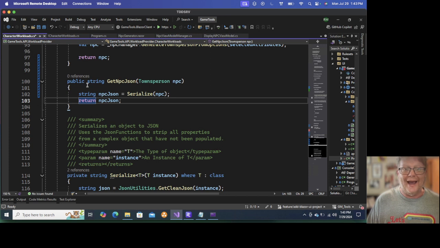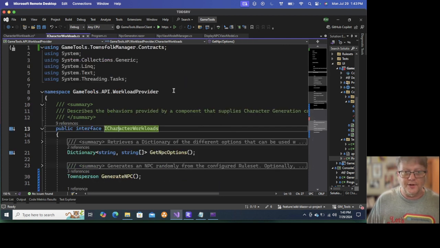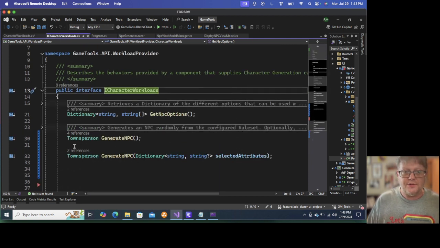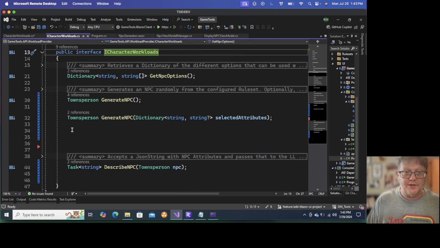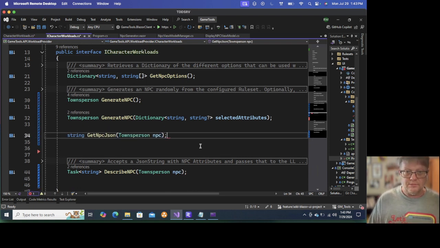And I do want to add this to the interface. So here's character workloads, generate NPC, paste that right there, save,